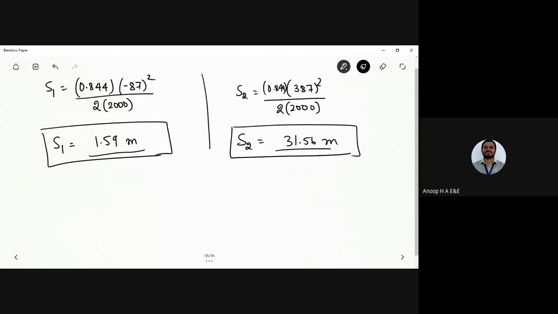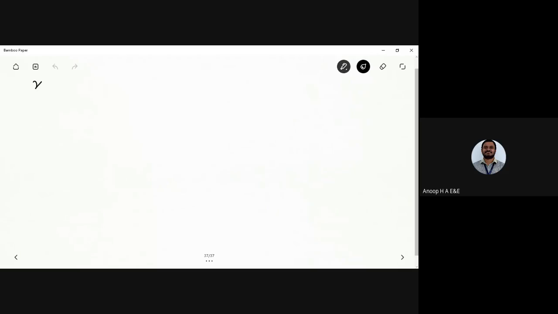Fine. Now, the main point is how do we calculate the clearance? We have a few steps here to find the clearance. We are done with the sag now. How we find the clearance is the next point. We got x1 as minus 87 meters. What does x1 equals minus 87 meters mean? We have two towers, generally like this. One is 50 meters, and the other is 80 meters, given in the problem.